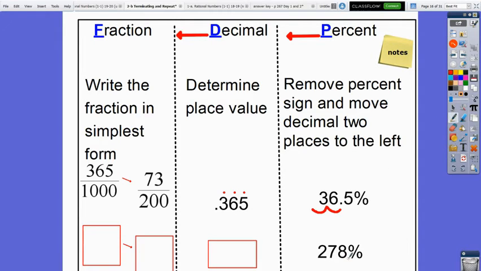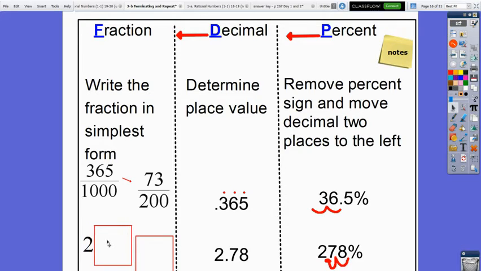So that means the decimal version of this is going to have a number in front of the decimal point. And moving the decimal 2 places to the left gives me 2.78 as the decimal form of this. And when there's a whole number part to the decimal as a fraction, this is then going to be a mixed number. So the 2 is going to go in front as the whole number part of the mixed number. And then